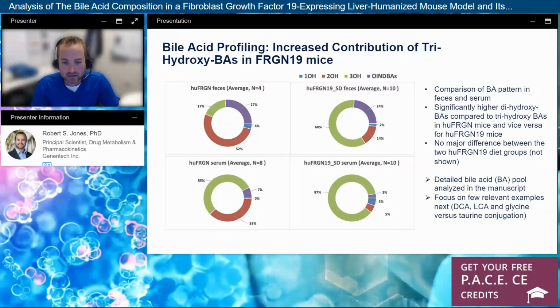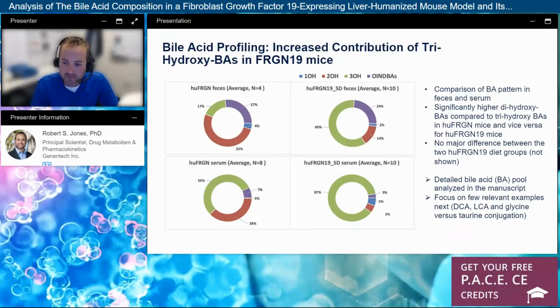But as you can see on the two left-hand panels, the top and the bottom, the human FRGN feces as well as the human FRGN serum had a large population of dihydroxy bile acids, whereby when we incorporated the human FGF19 protein, we actually saw a reduction in dihydroxy bile acids and an increase in trihydroxy bile acids. And again, the meaning behind this is actually still unclear,